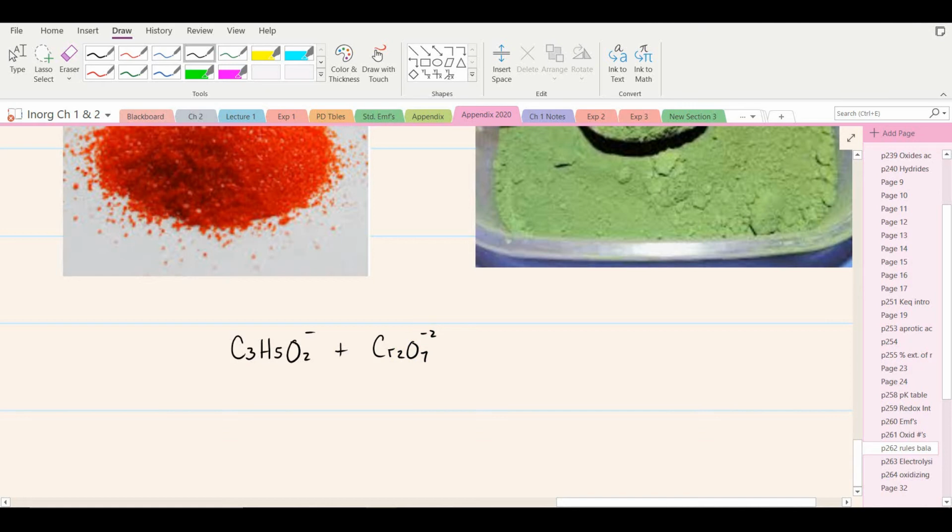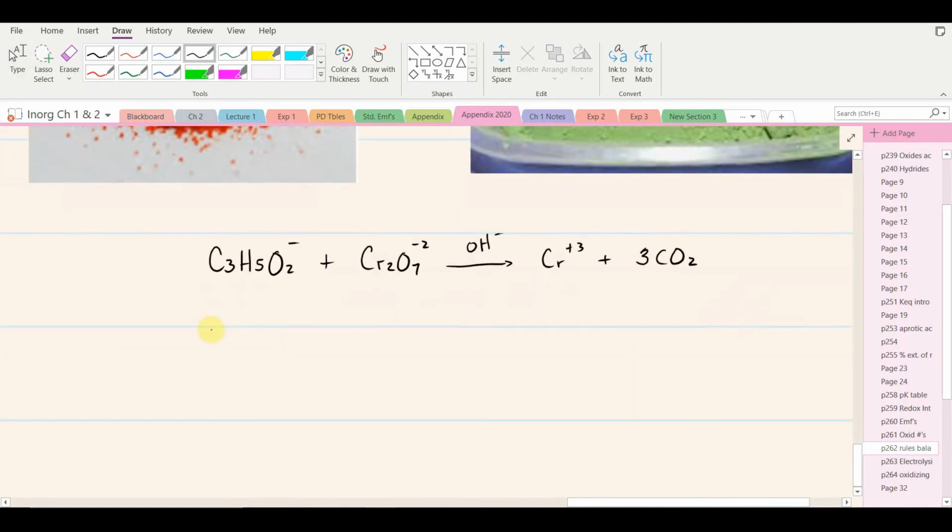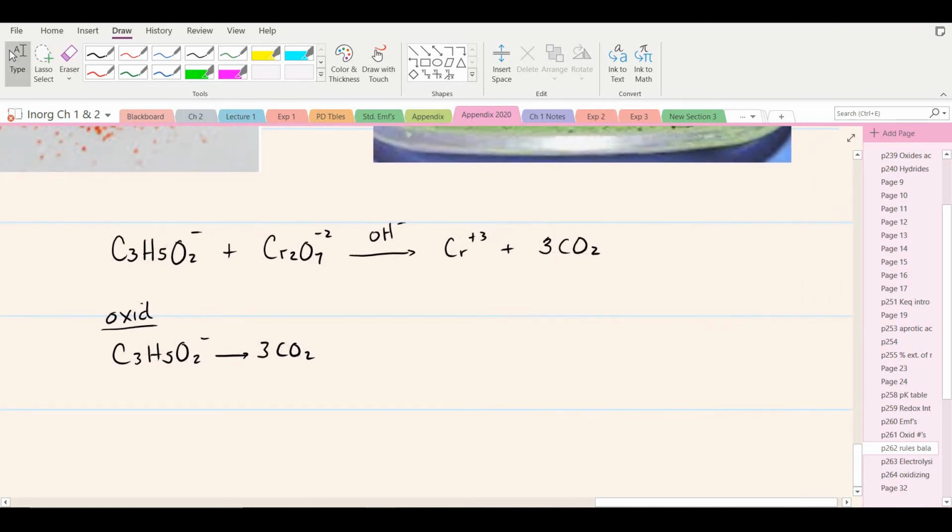We leave out the spectator ions because they just make it harder to balance. I'm going to do this one in basic solution, and it goes to chromium plus 3, the green stuff, and again the organic is oxidized to CO2. I'm going to break this into 2 half reactions for oxidation. The organic is being oxidized to CO2. Looks like I already wrote in the 3 for the CO2, sort of autonomically, apologies, but we'll leave it at that. And reduction